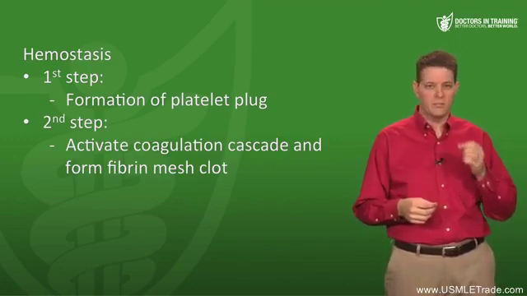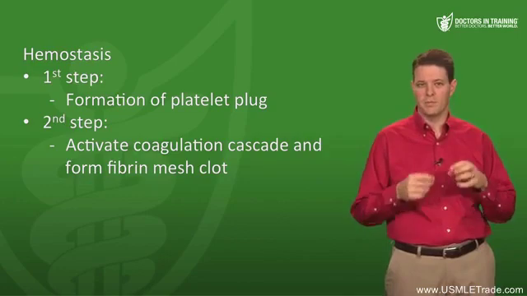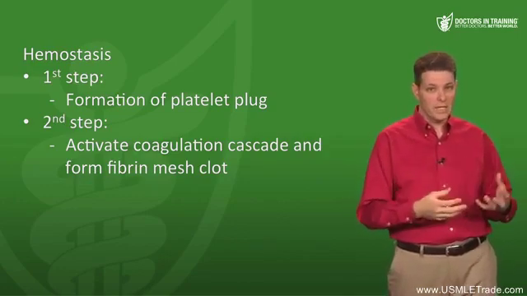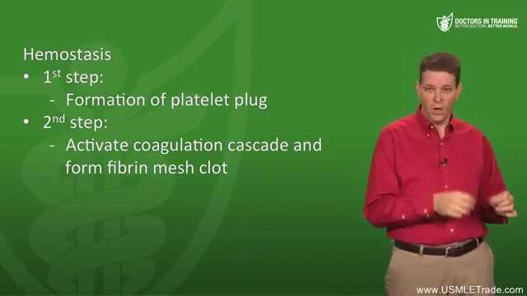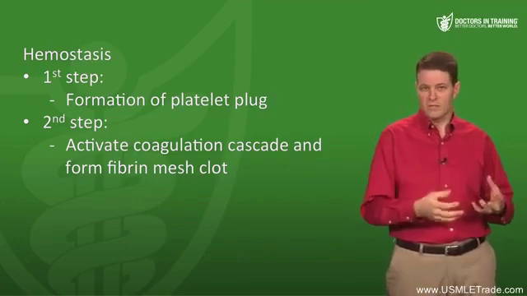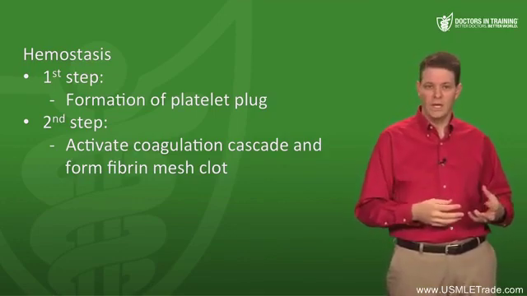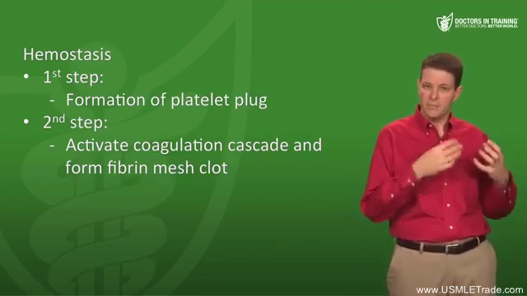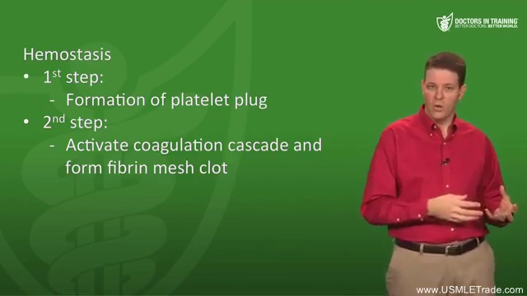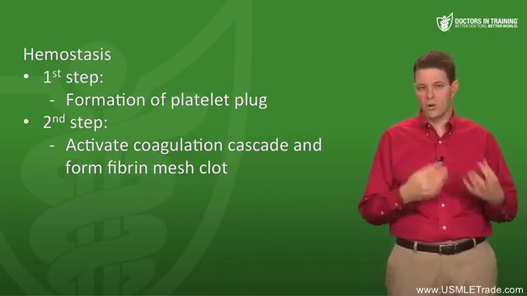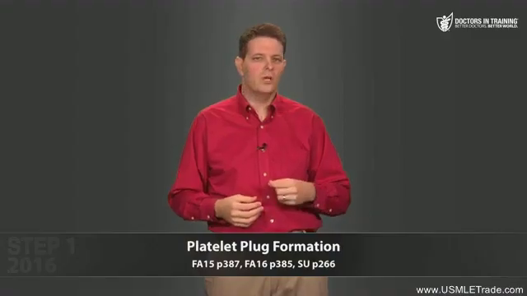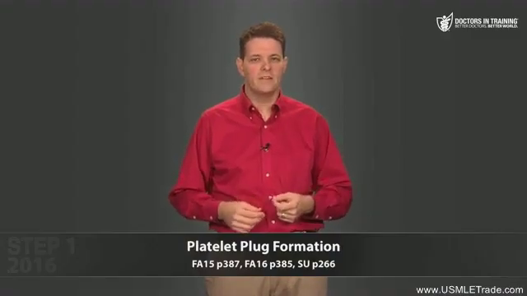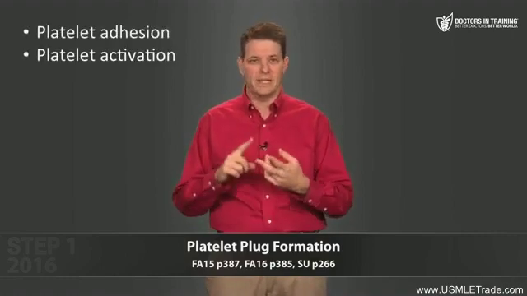Now, the phrase platelet plug can help you remember that the platelets act first, because when you spring a leak, the first thing you need to do is plug that hole. If you're in a rowboat and it springs a leak, the first thing you want to do is plug the hole quickly, and then you can figure out a way to patch the hole. So the platelet plug is the first step to plug up the hole, and then the fibrin mesh is the permanent patch. So when you have an injury to a blood vessel, that leads to platelet adhesion, then platelet activation,